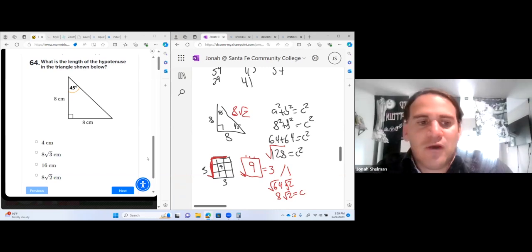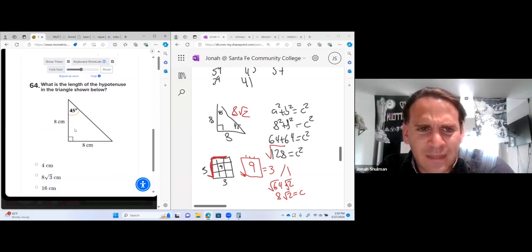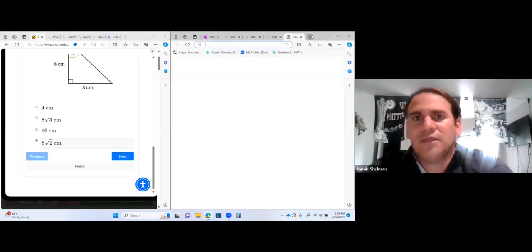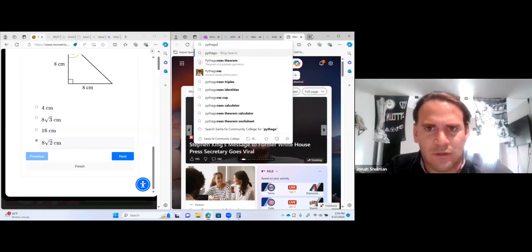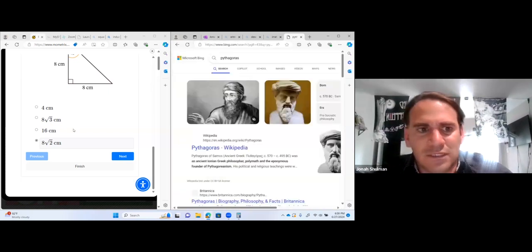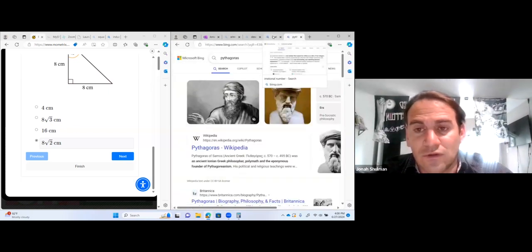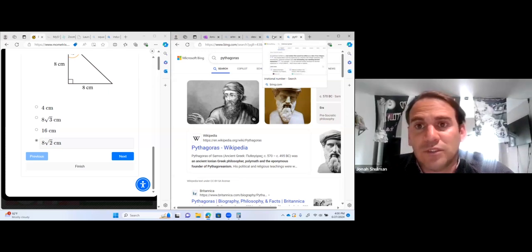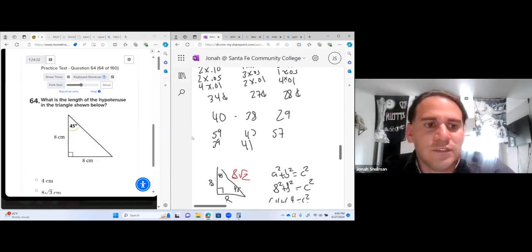He's a great guy to think about. He has like a great story. I'd look him up if you'd like, but especially when you're teaching about stuff, because Pythagoras honestly didn't even have variables at his time. It was so back in the day. He just knew that the third side had to be the square root of the sum of the squares of the other two sides. Very smart. So 64 is D.